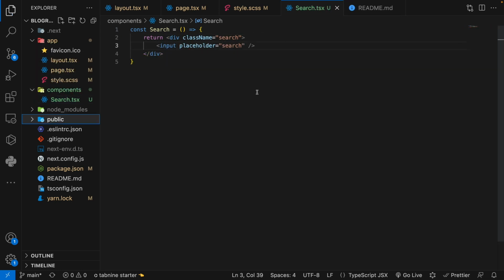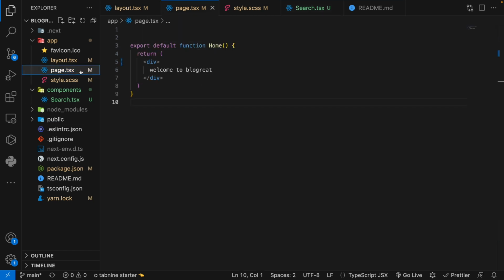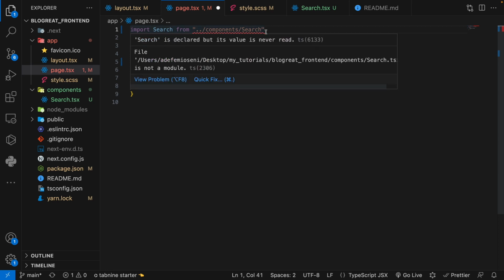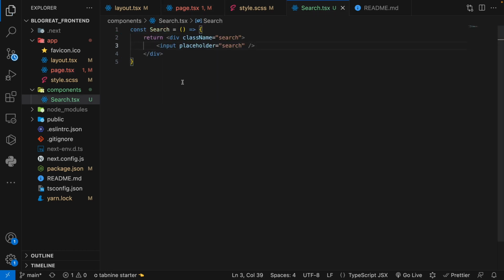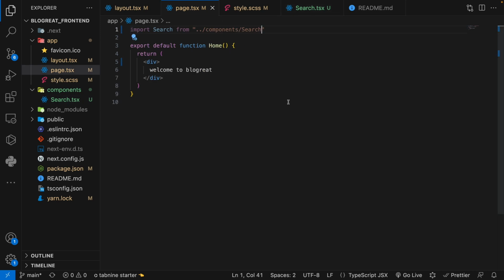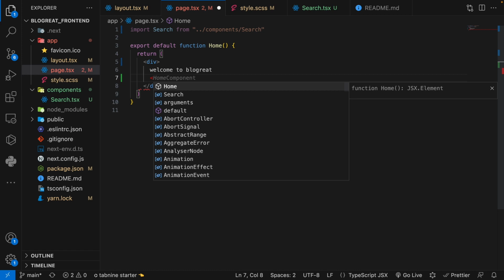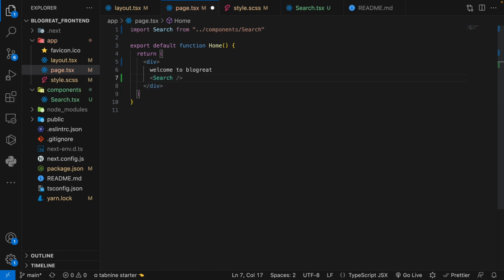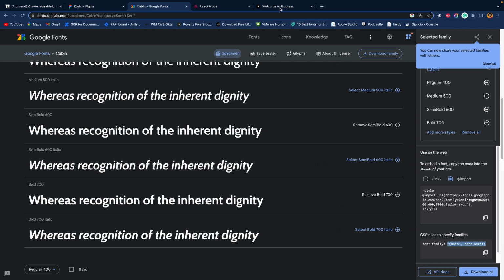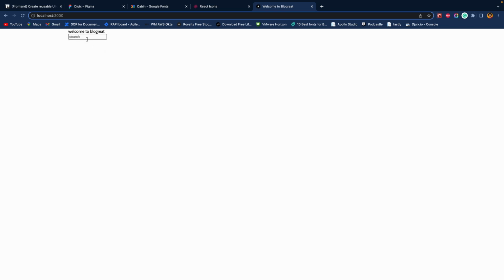So just to test the components, we can import them within our index page and see what they look like. So coming back to the index page here, I can import the search components. Alright, so since we are having an issue, probably because we've not exported the search, so let's do that. So that's done, and now this is fixed. So we can come down here and include the search components. And now if you come back to our UI and refresh, now we have the search.